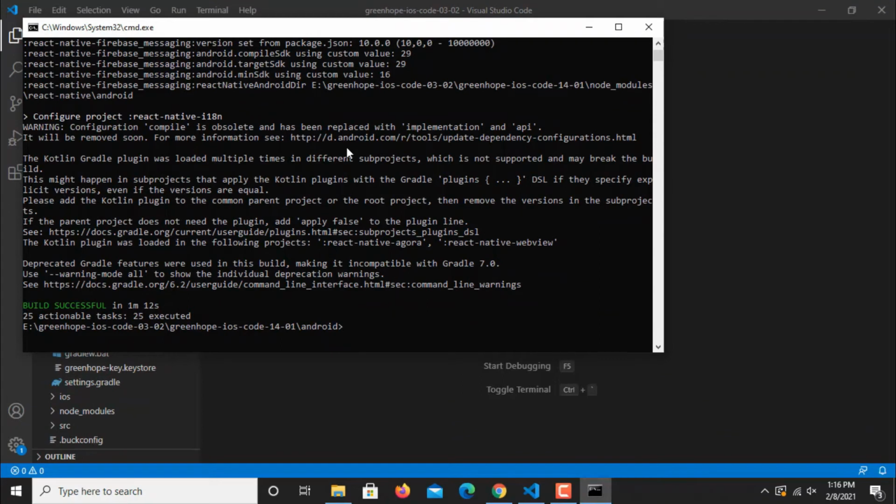Once the command exits, now we will run a command to build the APK in React Native.